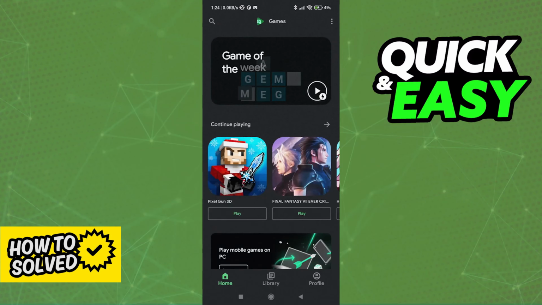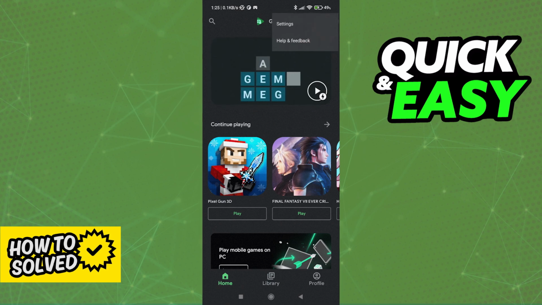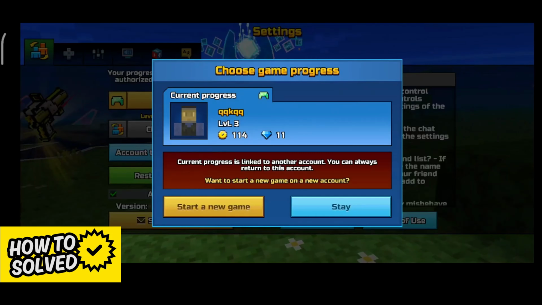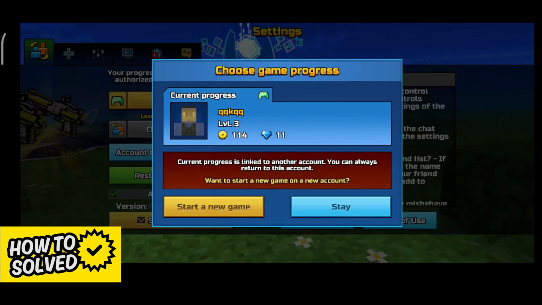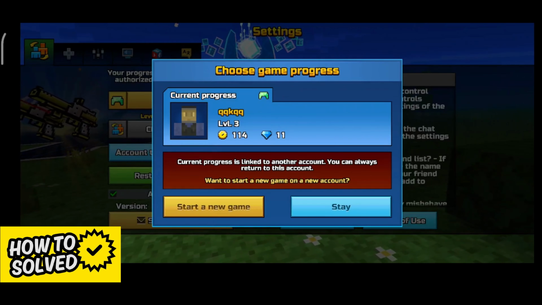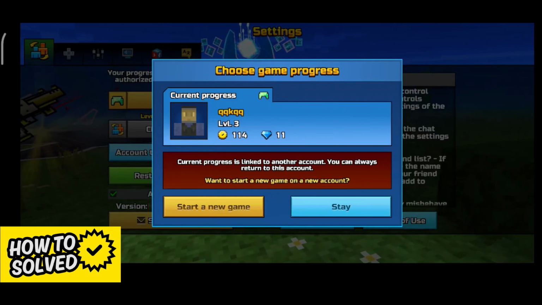So, like I said in the beginning, once you are done signing out of the original Game Center or Google Play Games account, all that you have to do is switch your accounts and open up Pixelgun 3D again. Once you return to the game with a new account, if you go into the settings and you select the first option, you will be able